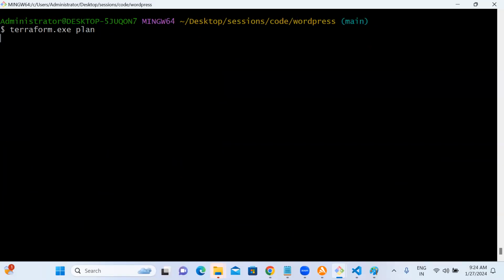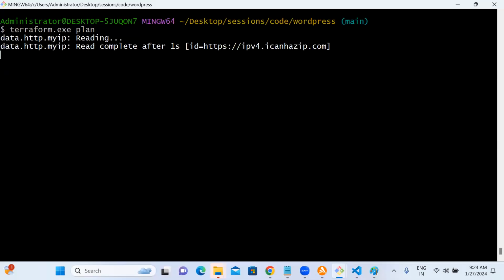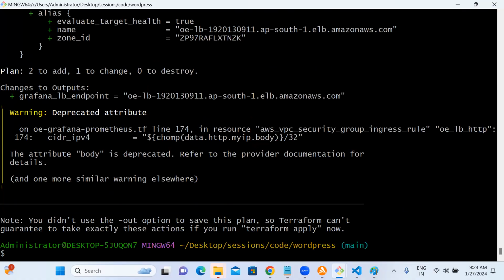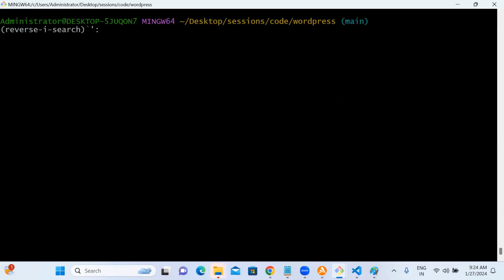If you modify anything, please always do the TF plan. Control R, if you do that, you can search whatever you remember. It gives the full command, no need to type it.